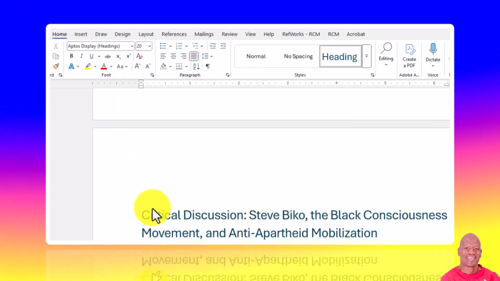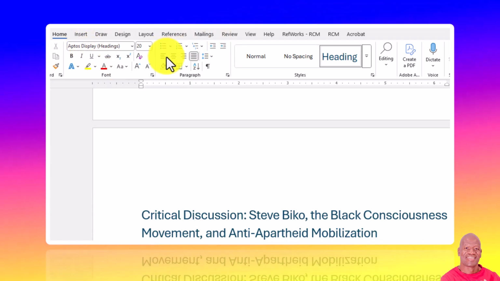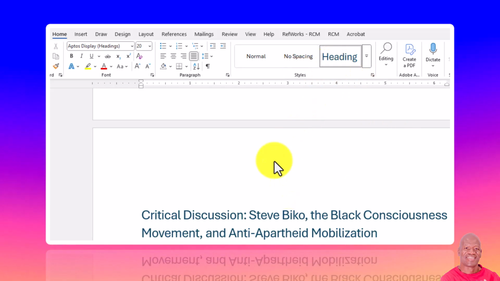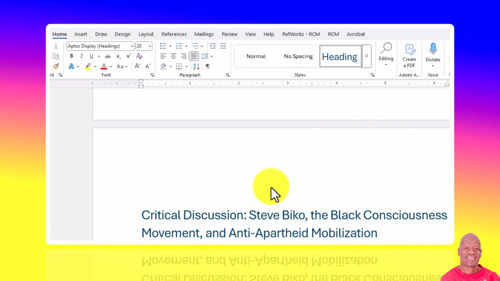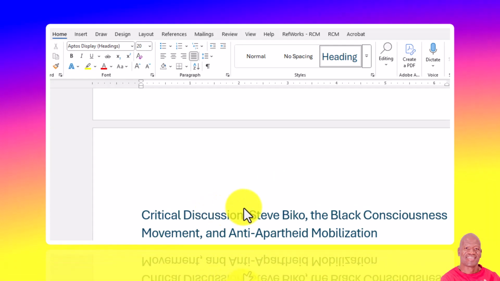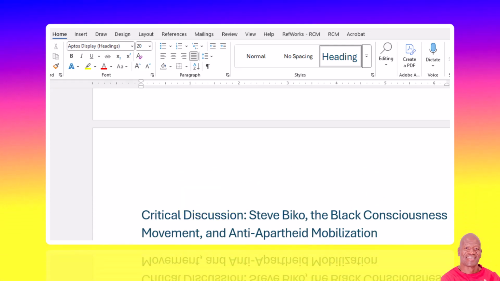Right, let's get started and see how to do it, okay? You should be on the Home ribbon, or the Home menu, in your Microsoft Word application. Then you go to the Styles group, right? Then after having gone there, identify the headings on your assignment, okay? I'm going to scroll here so that I can identify all the headings that